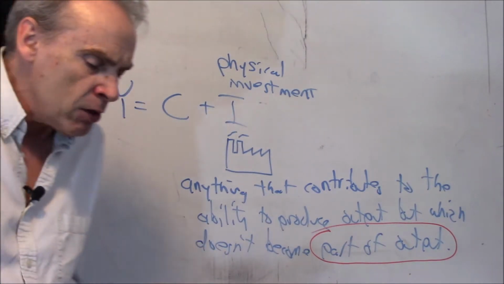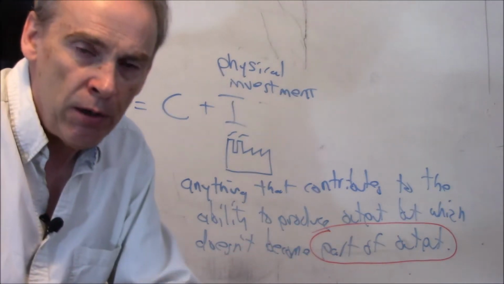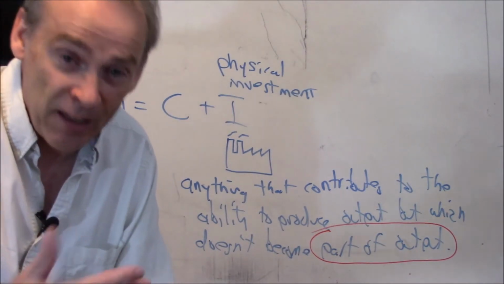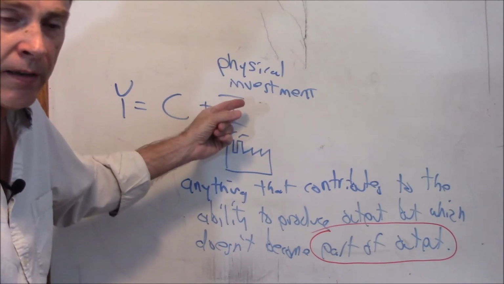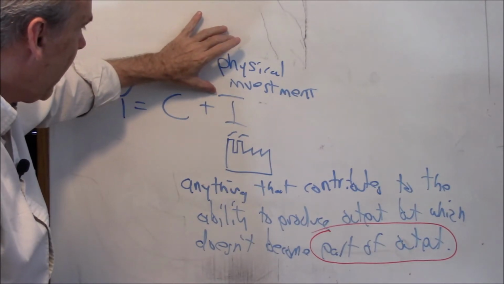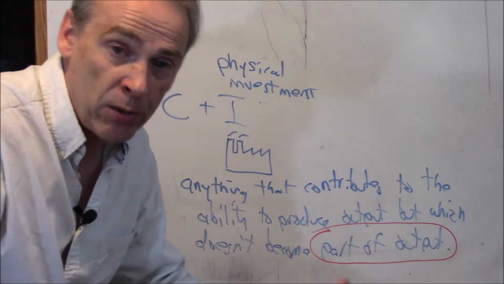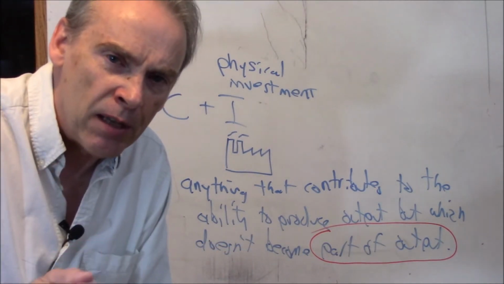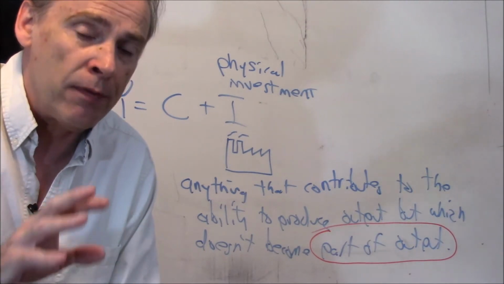Let's talk about a restaurant. At a restaurant, if the tableware you use is metal, you're not supposed to take it with you, right? You're supposed to leave it there and they clean it. That would be when the restaurant buys the tableware, I guess, well, I'm avoiding the word silverware for a reason. Tableware, that is physical investment because that's going to help them produce restaurant meals, but you don't get to take it with you. What about if you're at a place where they give you plastic utensils? That's not investment spending anymore because that you take with you. That is part of the product they're selling, all right?